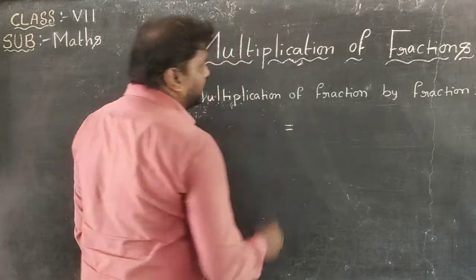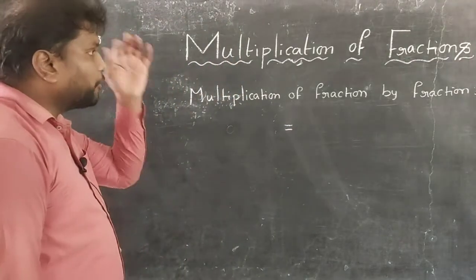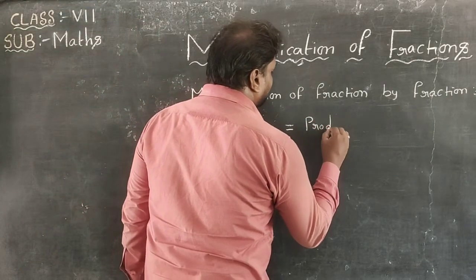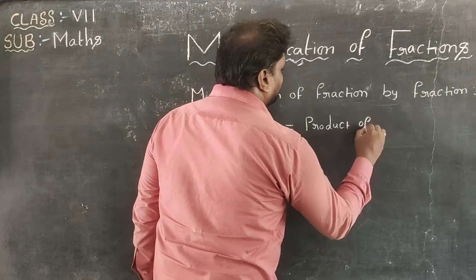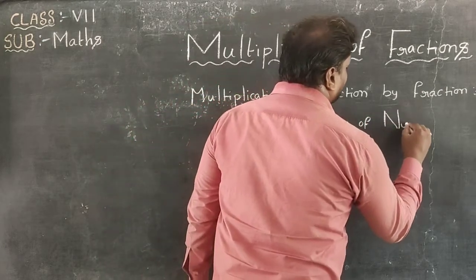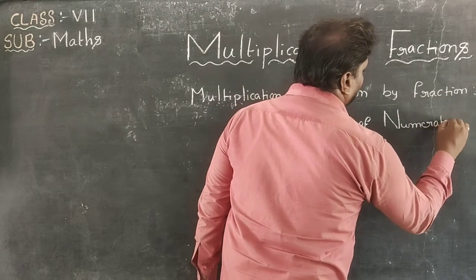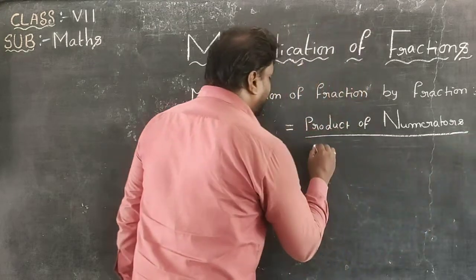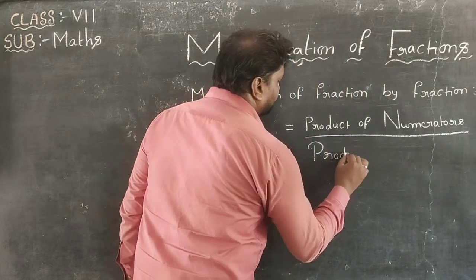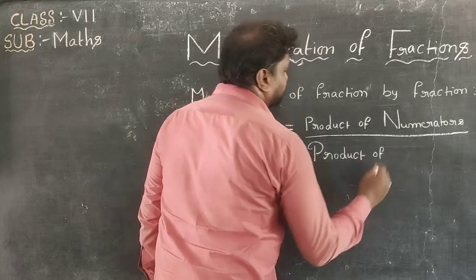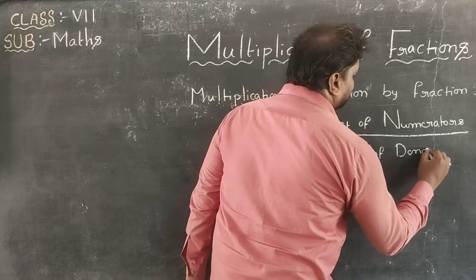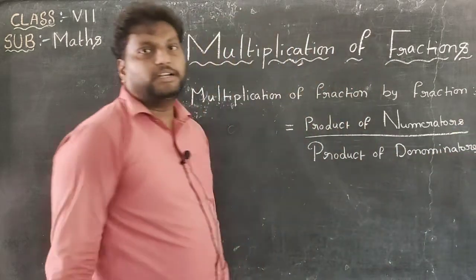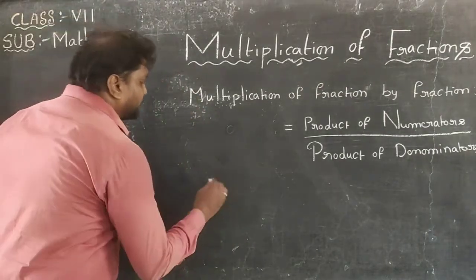Actually, the general formula is: the product of two fractions is equal to the product of numerators divided by the product of denominators. For example, any two fractions,